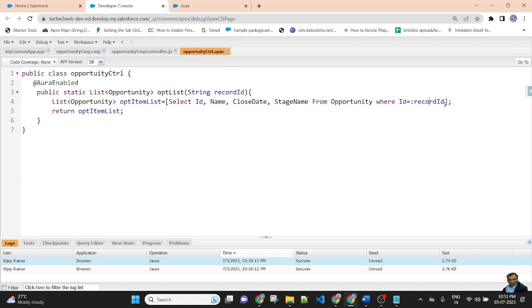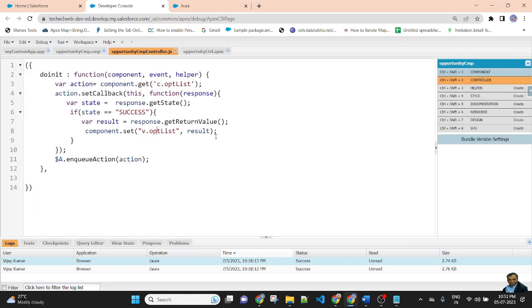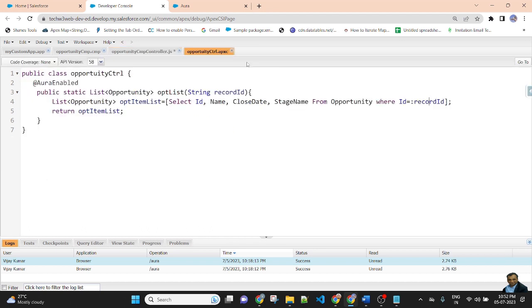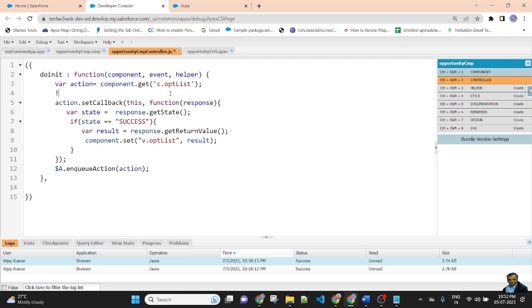The file has been saved. Then this parameter will be used in the JavaScript. This is the component that I created previously, and I will use the same component to get the current record of opportunity. Here I am getting the method name, and then the recordId of the Apex class method will be passed to the JavaScript here.